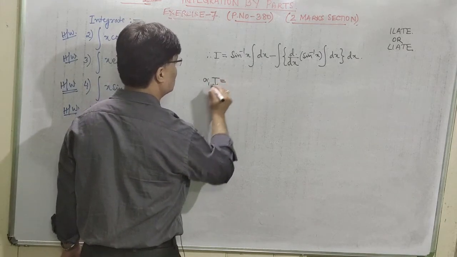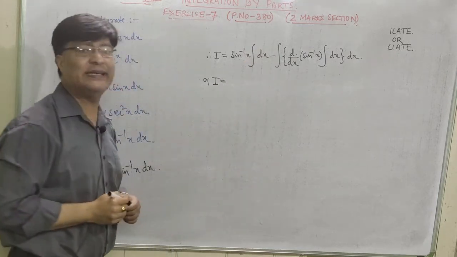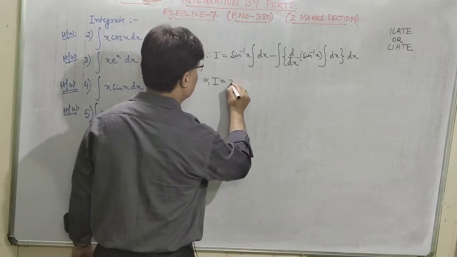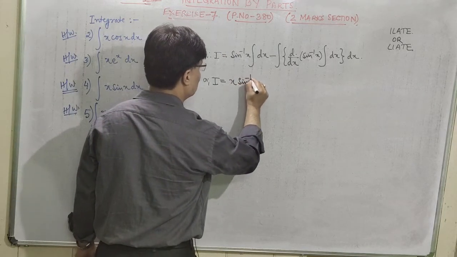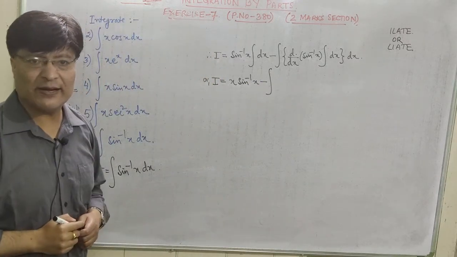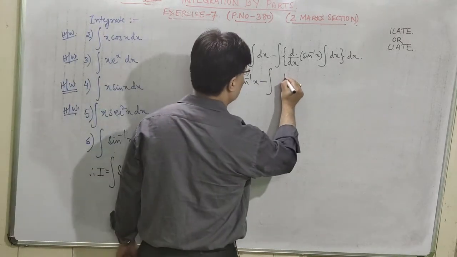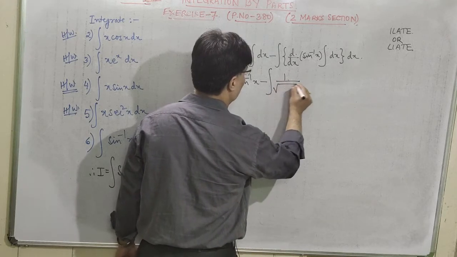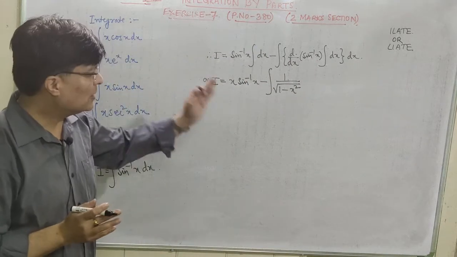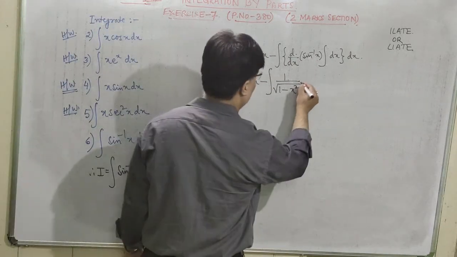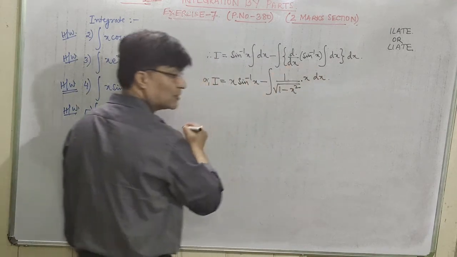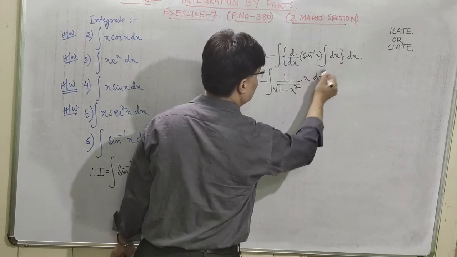So let us simplify it. Or I is equal to, now let us integrate dx first. What is integral of dx? That is your x, you know that, x, then comes sine inverse x minus integral of, what is d by dx of sine inverse x? It is 1 upon root over 1 minus x square. You know the differentiation of sine inverse x, isn't it? It is 1 upon root over 1 minus x square into what is integral of dx? That is your x dx. Okay, so integral of dx is x and you have to write down this